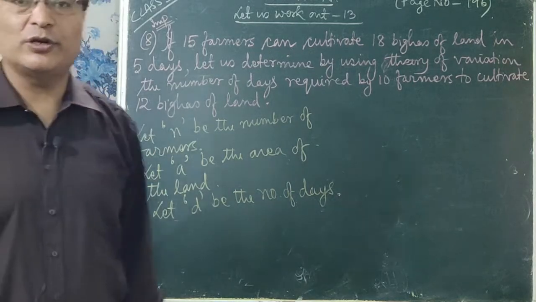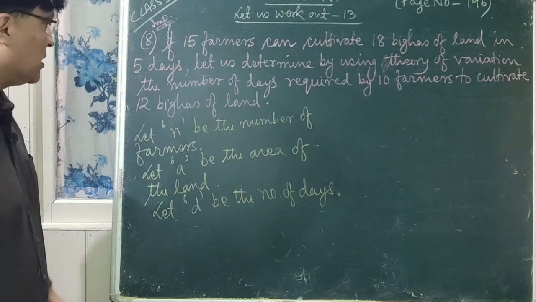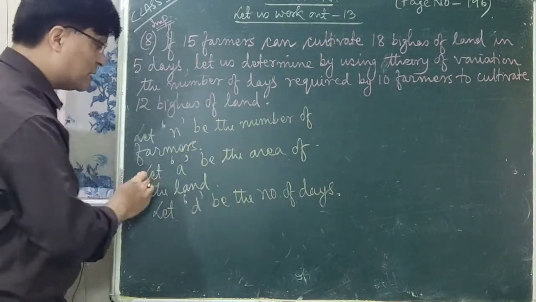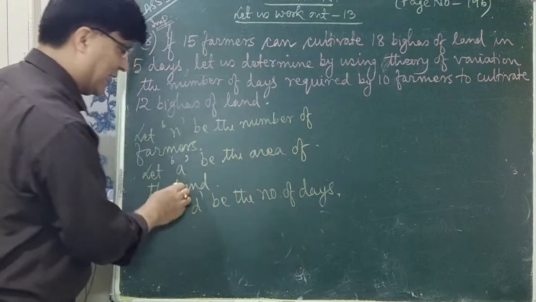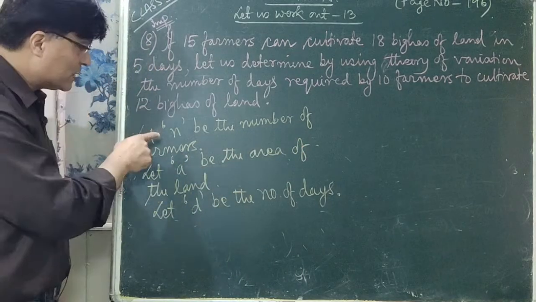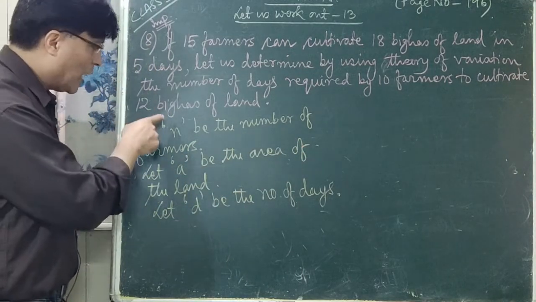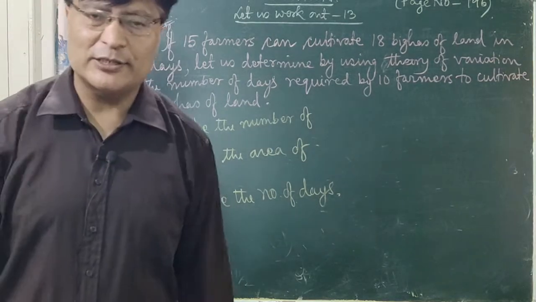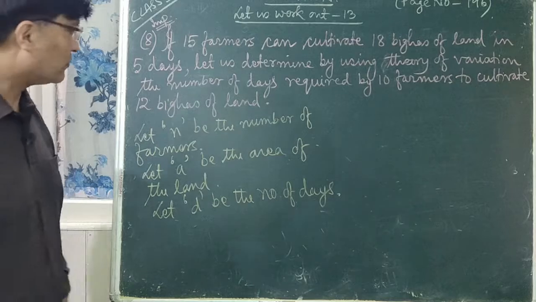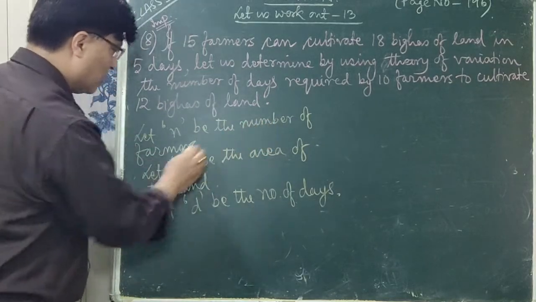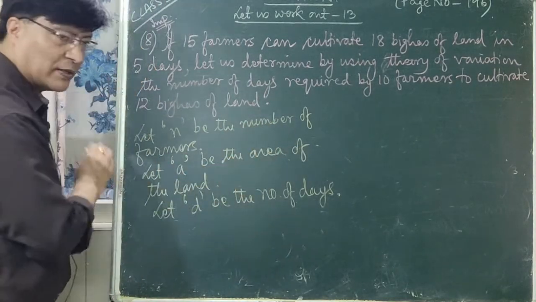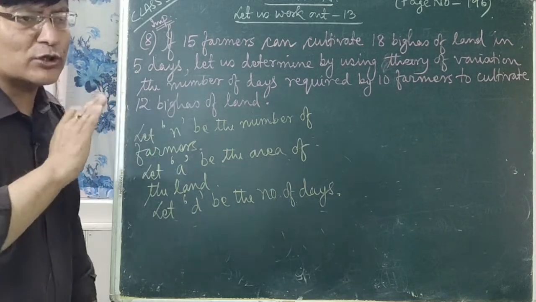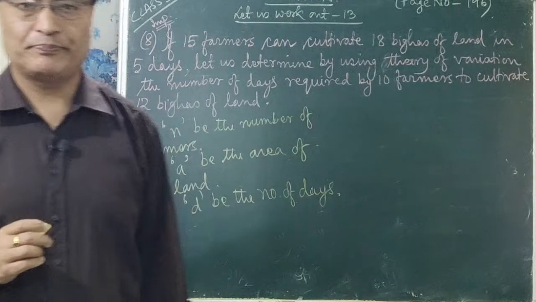You have to use the theory of variation. So let us check n and A. N means number of farmers and A means area of the land. So what is the relation? So how are these N and A related? N र A मा कस्तो रिलेसन छ त्यो हामी बुझ्नु पर्छ। यो नम्बर अफ फार्मर्स भयो, यो एरिया अफ द ल्यान्ड भयो। ठीक छ? यो N र A जुन चाहिँ भेरिएबल छ यसमा कस्तो टाइपको भेरिएसन छ हामी चेक गरौँ।